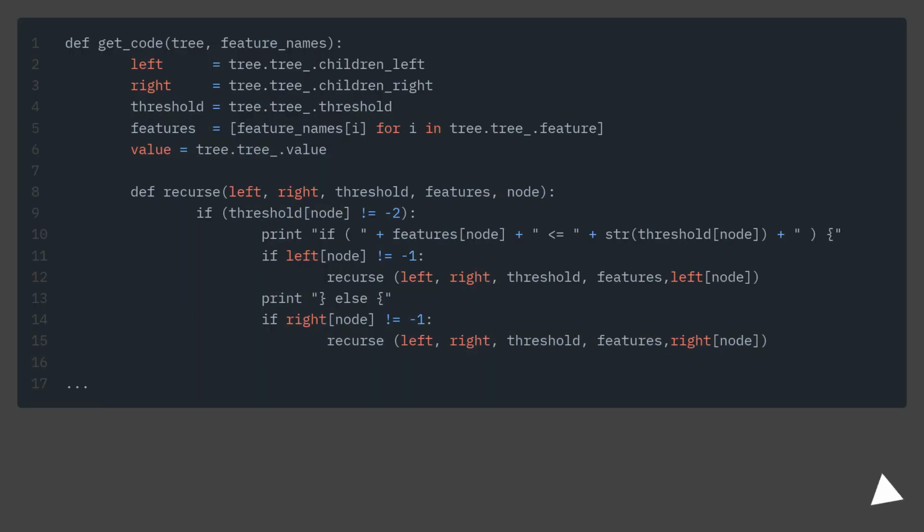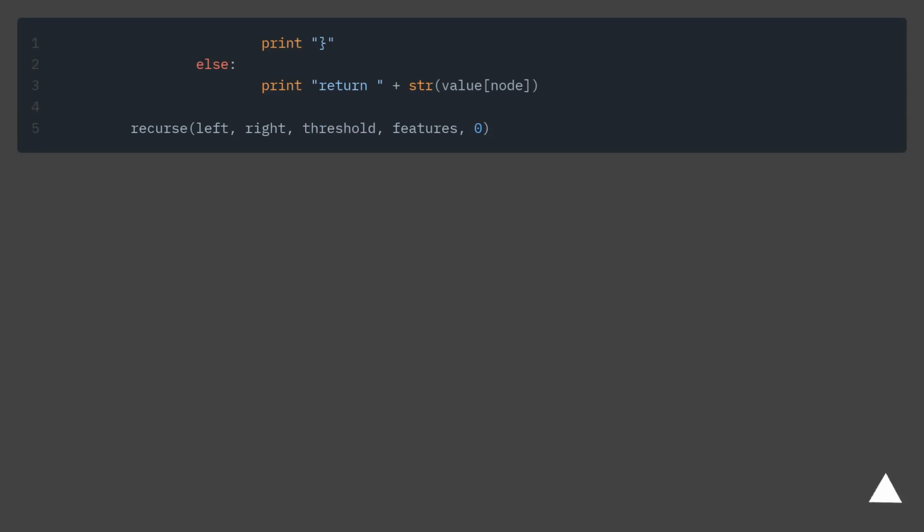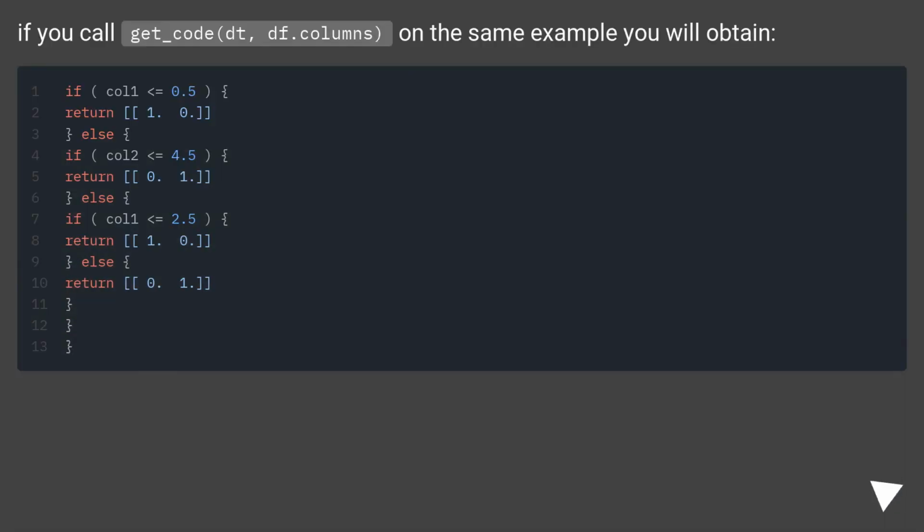I modified the code submitted by Zelazny7 to print some pseudocode. If you call get_code(dt, df.columns) on the same example you will obtain